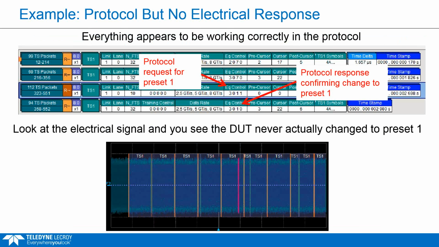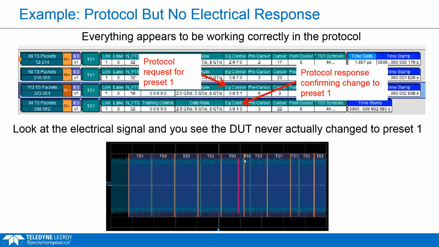This is an example of the same test, the protocol electrical response time. And in this case, you can see a different behavior with this device. We have the root complex, which is actually the PeRT in this case, sending a request for preset 1 again. And you see the add-in card is responding and saying, okay, I changed my TXEQ to preset 1.